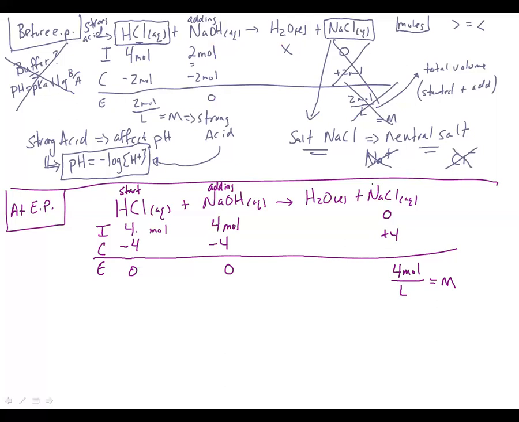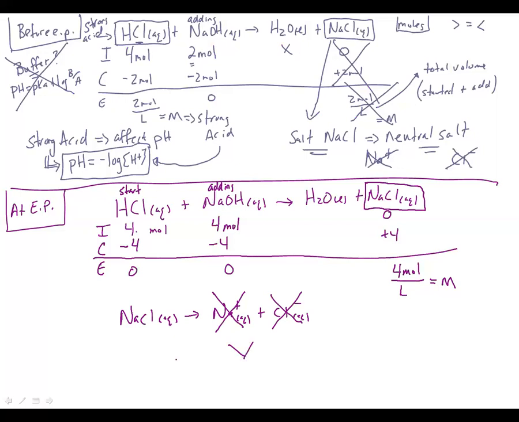We could see that at equilibrium, the only thing that we got left is sodium chloride in this case. And sodium chloride, as we know, is sodium ion and chloride ion. So as we just talked about up there, we know sodium, which is group 1, will not go through any type of hydrolysis. It's weak and neutral. We also know chloride that came from the HCl is weak and will not go through hydrolysis. It is also neutral,